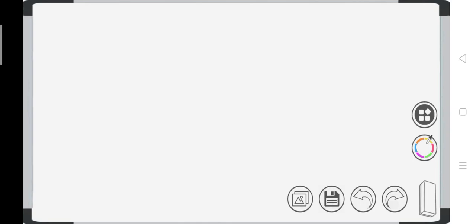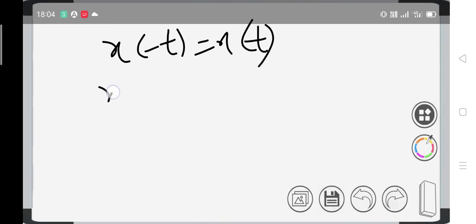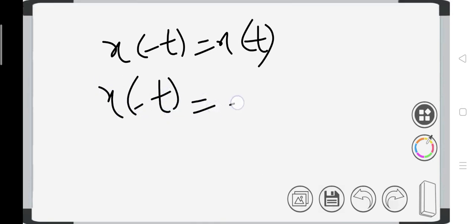One problem also we have derived on the stable and unstable system. Okay, and we are left over with even and odd signals. What is an even signal and what is an odd signal? Even signal is symmetrical about the vertical axis, and odd signal is symmetrical about the horizontal axis. An even signal is defined by x of minus t is equals to x of t, then we say it is an even signal. And an odd signal is x of minus t is equals to minus x of t, we call this an odd signal. Okay, this is an even signal, this is an odd signal.